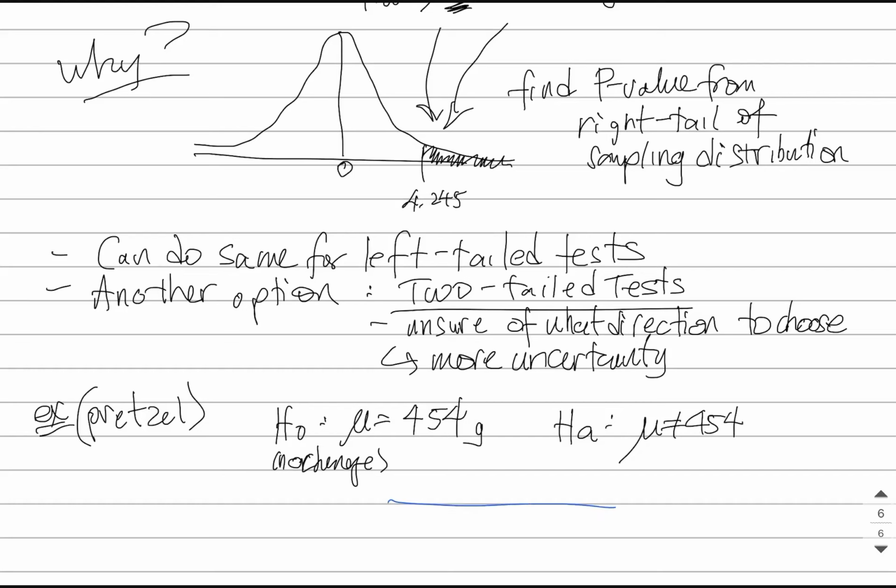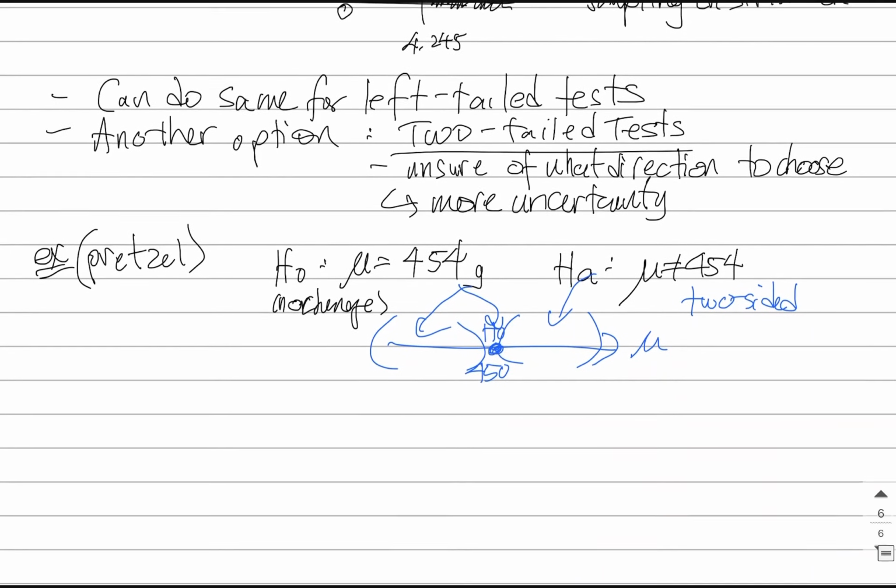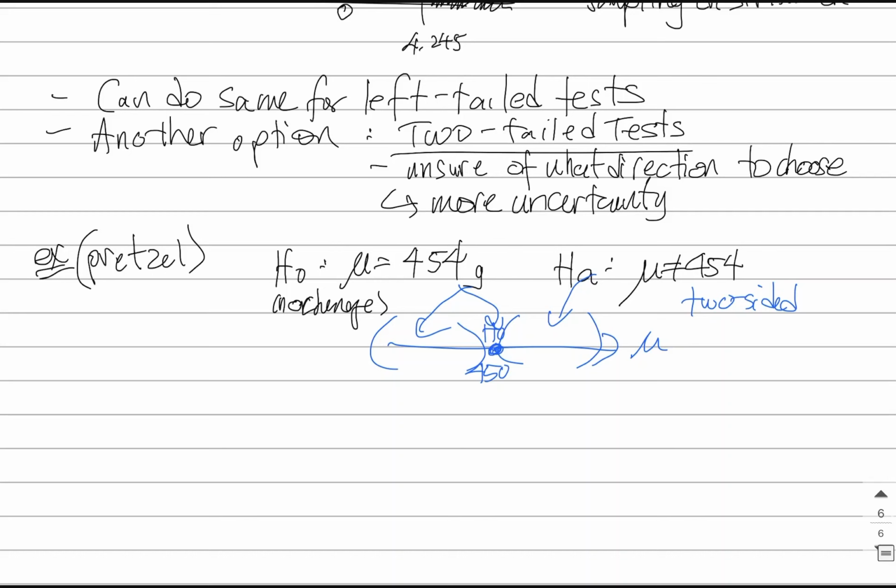And so the alternative hypothesis is simply mu is not 454 grams. So when we take all the possible values for mu, the null hypothesis is the single outcome here at 454, whereas the alternative is everything else. So this is going to be what we call a two-sided alternative. So we are going to take a look at both sides of the tail in some way of thinking. So evidence comes from the sample,